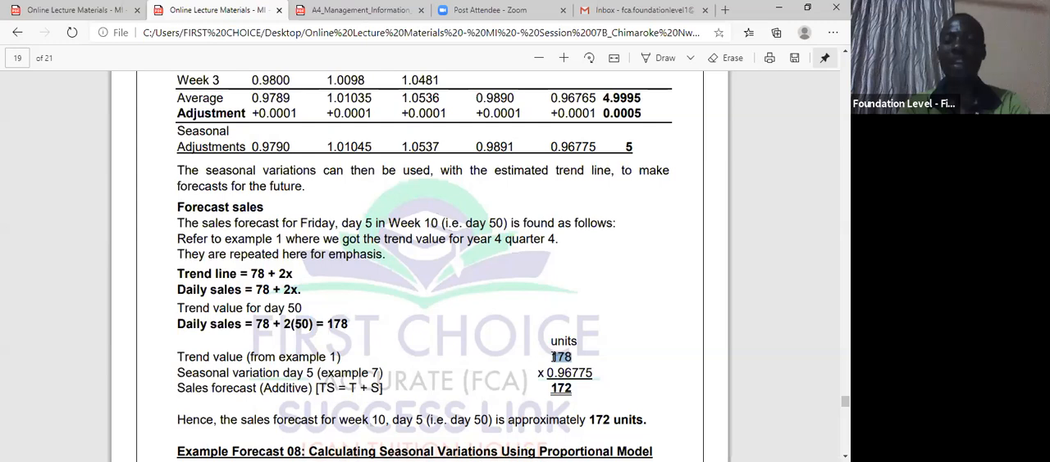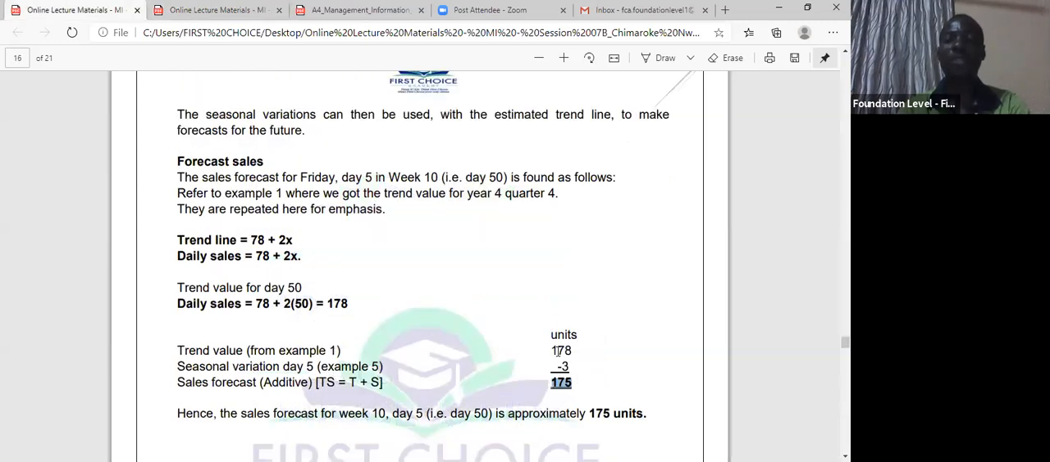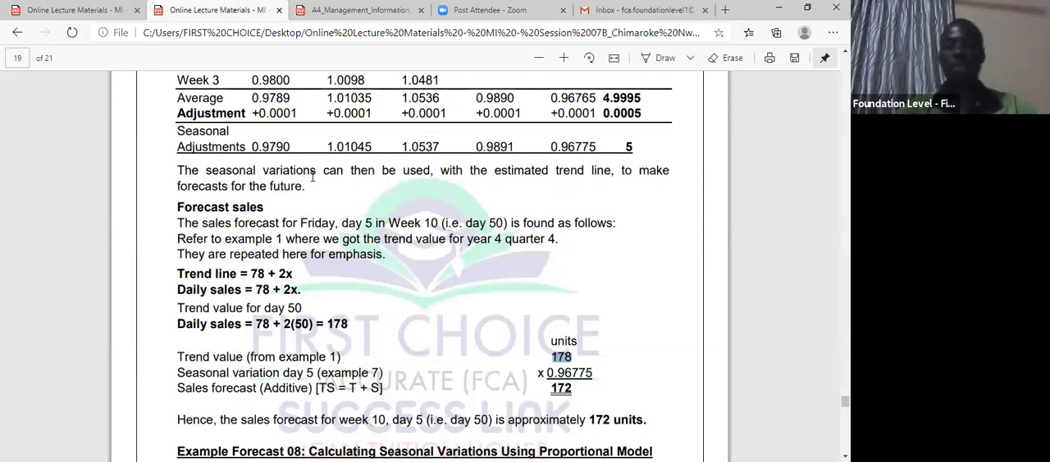Note that your trend is still the same in both values. So your trend is going to be found whether you are told or not. Once they ask you to do multiplicative or additive, look for your trend first, because the method of seasonal variation will determine whether it is going to be multiplication or addition. So you've gotten your 172 here as your number of units for the day